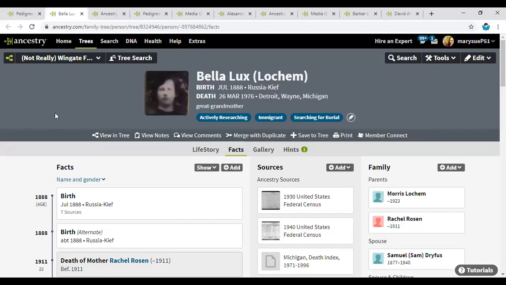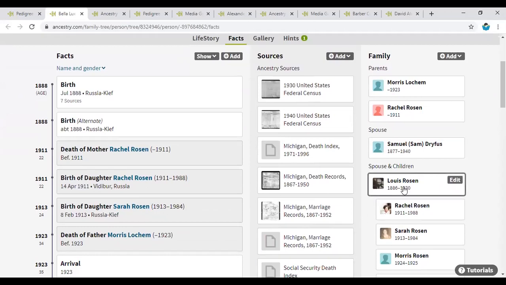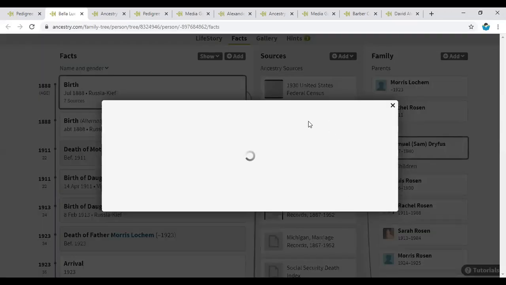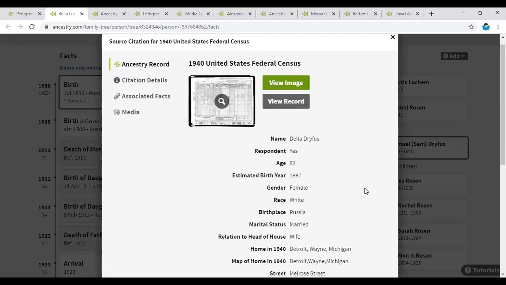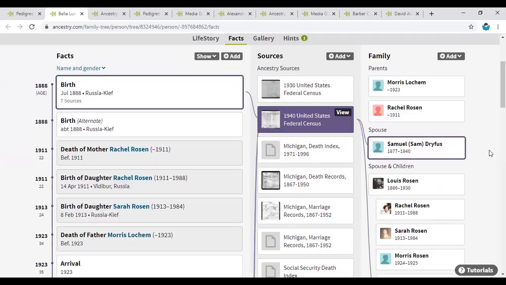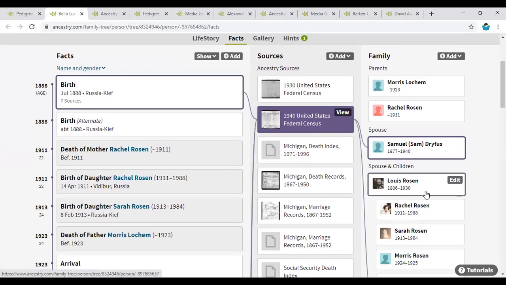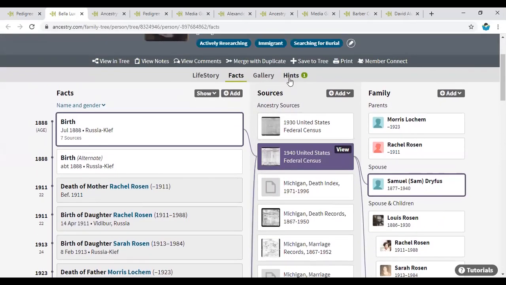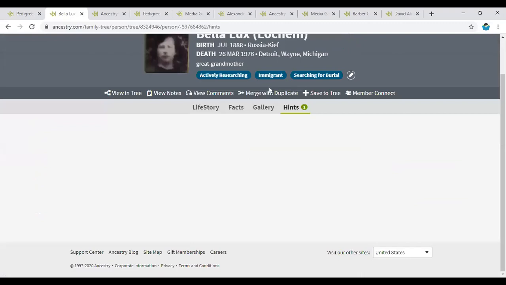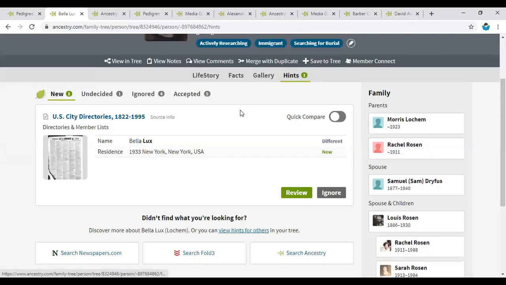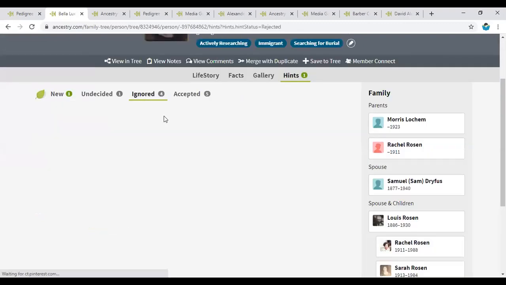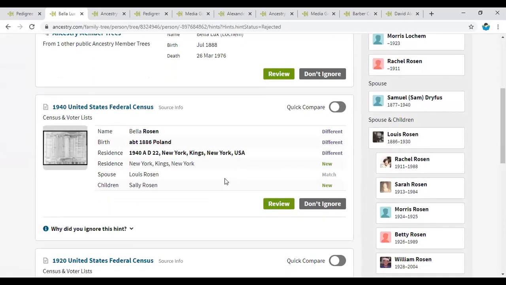Remember how I said you can have people with the same name in different locations? This is my great-grandmother, Bella, who was married to Lewis Rosen. So I have them right here in a 1940 census. She's remarried because my great-grandfather passed away in 1930. But when I was still doing research, before I knew when he had passed away, I had come across this one,